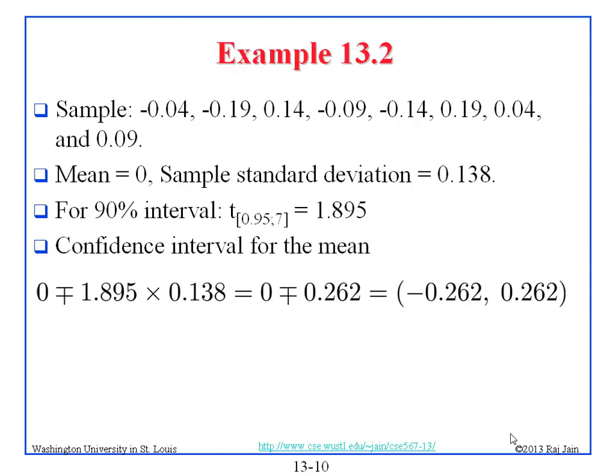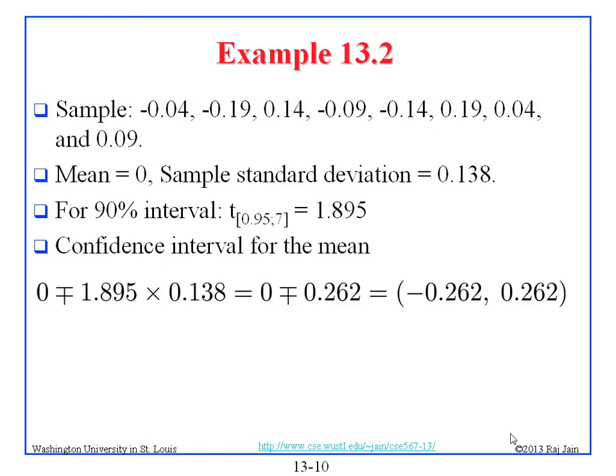So here is an example. This is a small sample, so 1, 2, 3, 4, 5, 6, 7, 8 observations. So the sample mean is 0, sample standard deviation is 0.138, and so for the 90% confidence interval we have